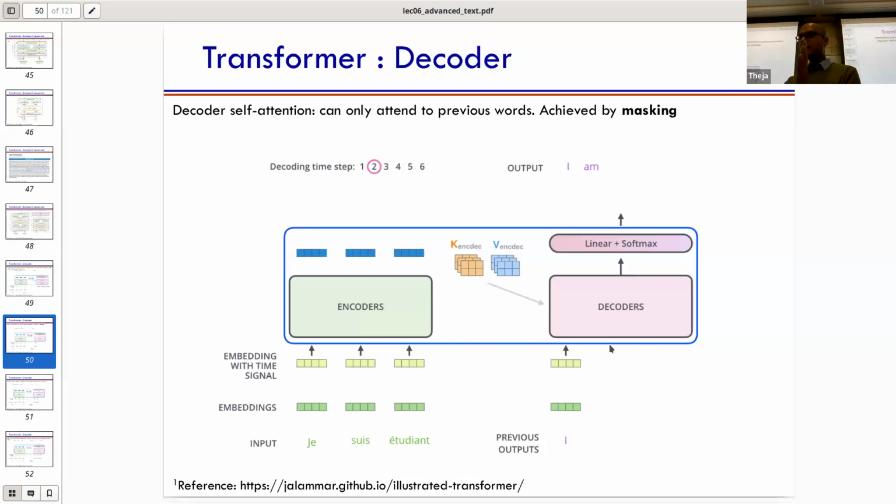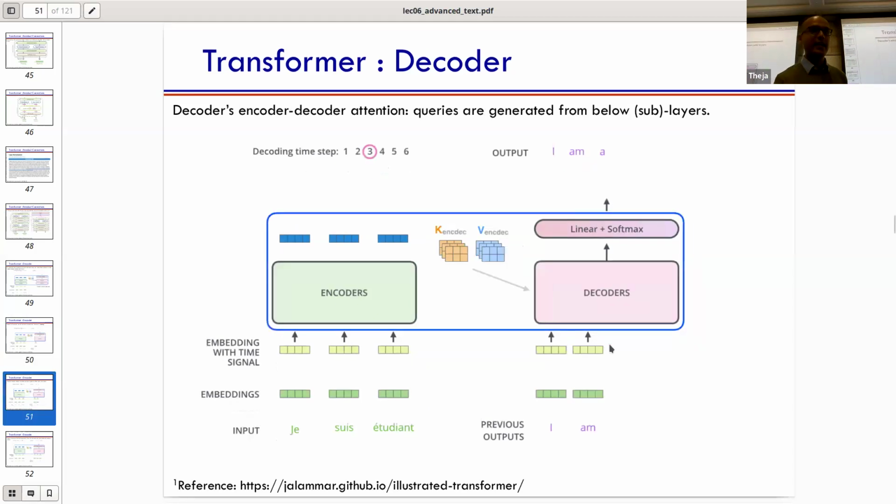Because the remaining locations are basically zeros, they don't contribute to any attention weights or any transformations. It's as if they're not there, and that's the right way to do it. Think about it: you're sequentially generating 1 word at a time, so you can only look at the left side. If you're decoding the 4th word, you can look at the left side, which is the first 3 words, like I am. You can look at I am to produce an A, but there's nothing to look at on the right side because they're all zeros.